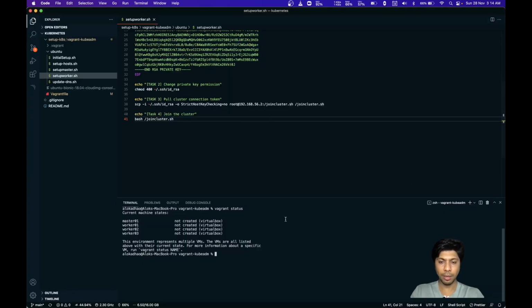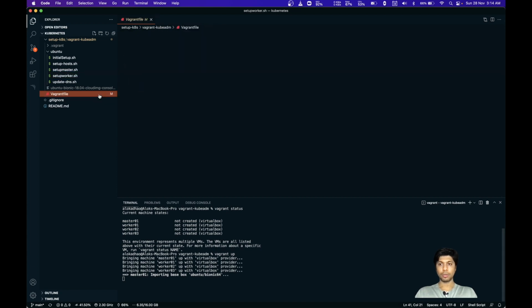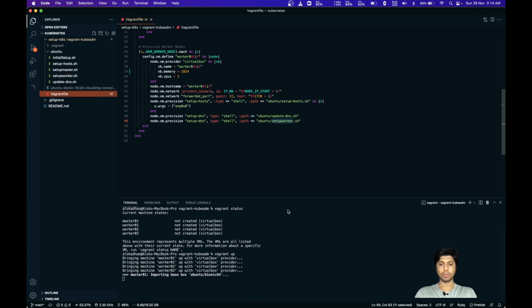Going back in here to start the script, we just need to do vagrant up. This command will follow the Vagrantfile and do whatsoever is given, bringing up the machine master 1, worker 1, worker 2, worker 3.